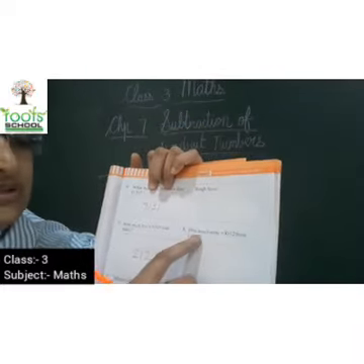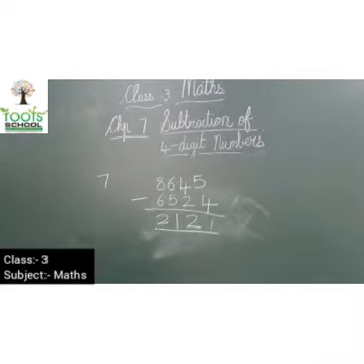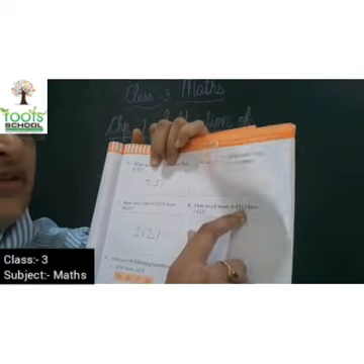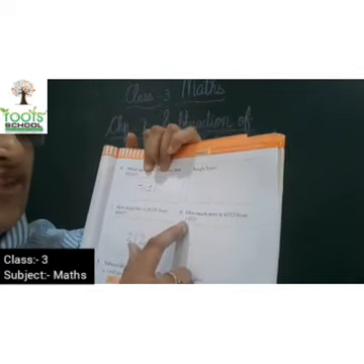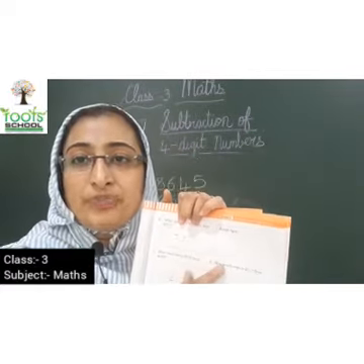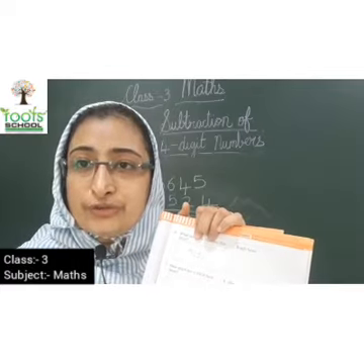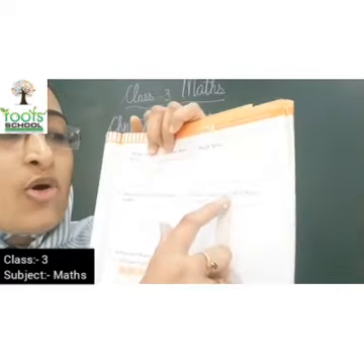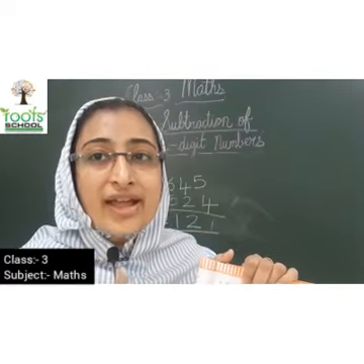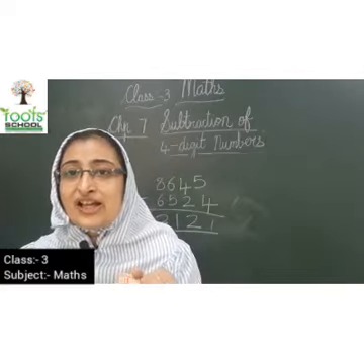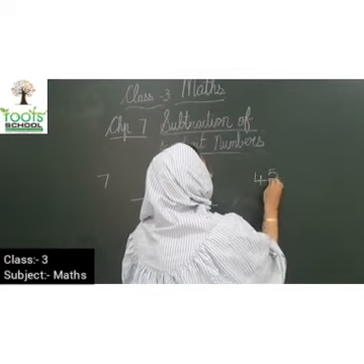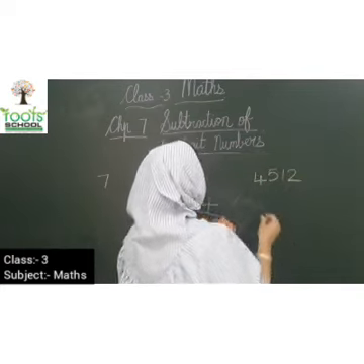Okay. Now let's move on to sum number 8. What is written? How much more is 4512 from 1452? Kids, now here it is coming more. Again you have to find out the difference only in this. But here more is written at the minuend. Earlier less was written at the subtrahend. And here more is written at the minuend. So what is the minuend? It is 4512. And what is the subtrahend?